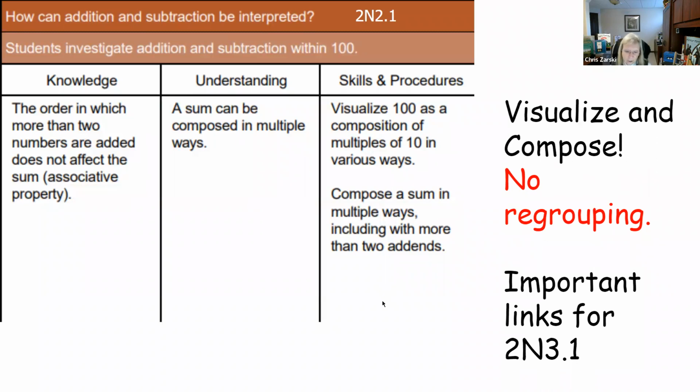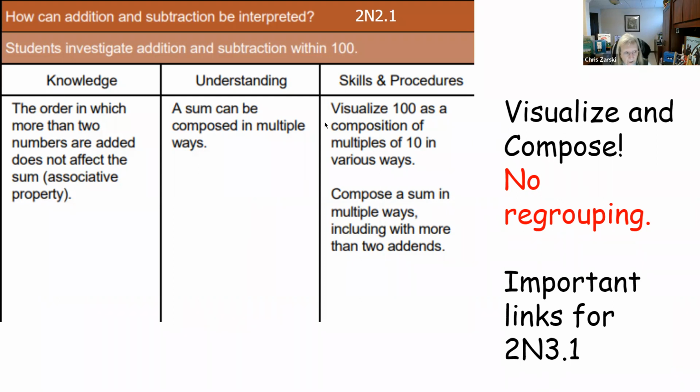So if I said, can you show me 17 three different ways that I could take money? That would be my logical starting point because I have to learn the money anyway. Might as well use it as a manipulative at the same time. And so can I show you 17 cents three different ways? And it could be as simple as they counted out 17 pennies to start with, right? And work from there. But what are the multiple ways that I can show you 17? And I'm using probably more than 2 coins, obviously, to get to that value.